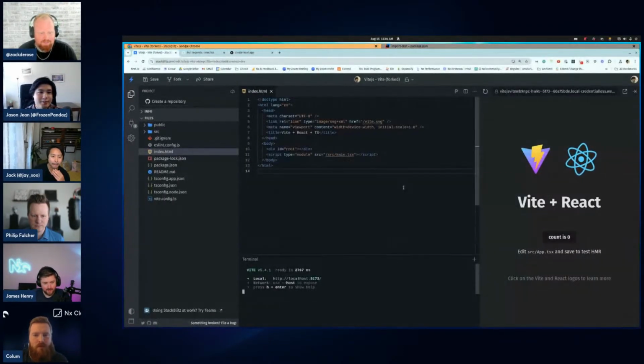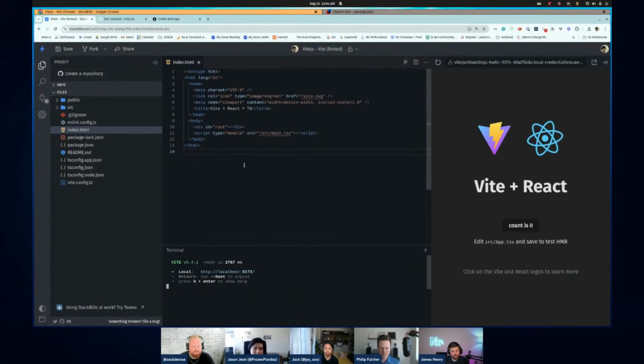So in 19.5 of NX, we worked with the StackBlitz team and also the NAPI-RS team to get NX working on StackBlitz. For a long time, we couldn't run NX on StackBlitz because the native modules weren't building correctly. Now we've added a WASM binary to the mix, and that means it can run in StackBlitz or basically anywhere that Node can run. So on a lot of operating systems that we did not build for explicitly, you can now run it.